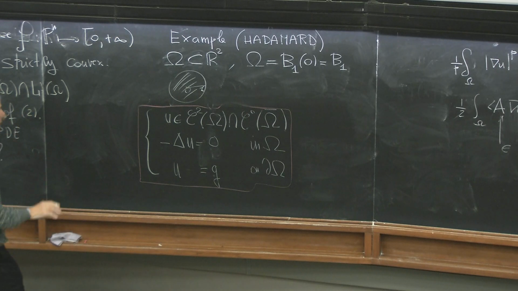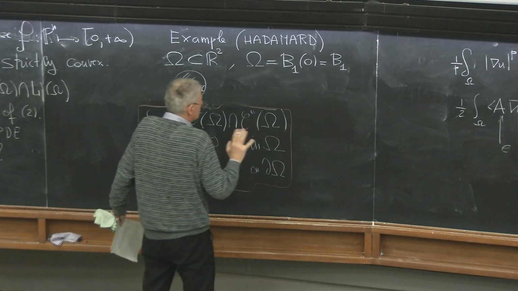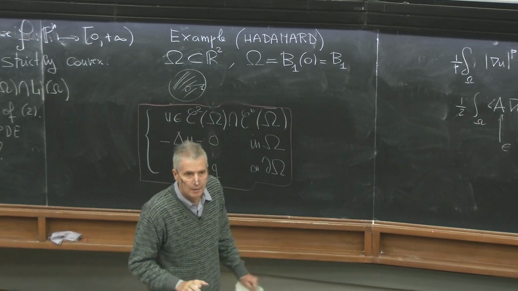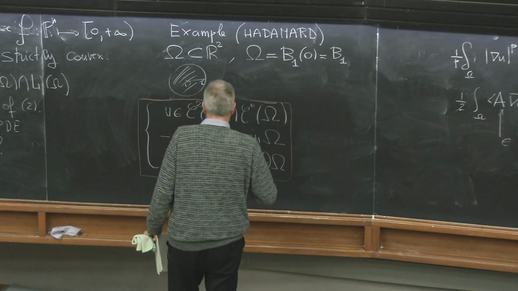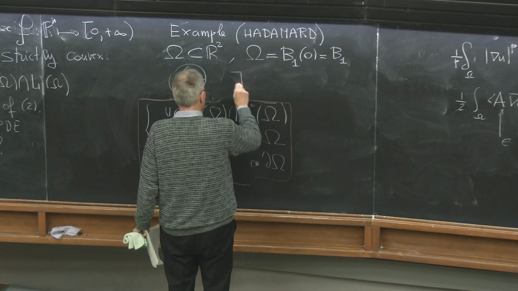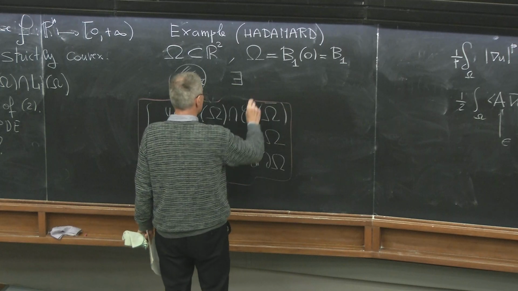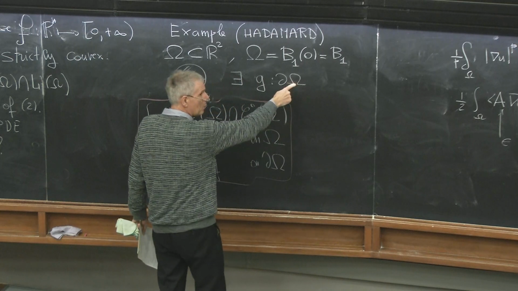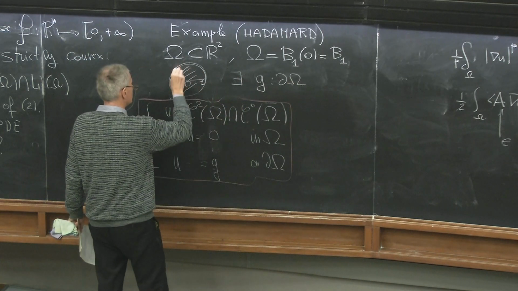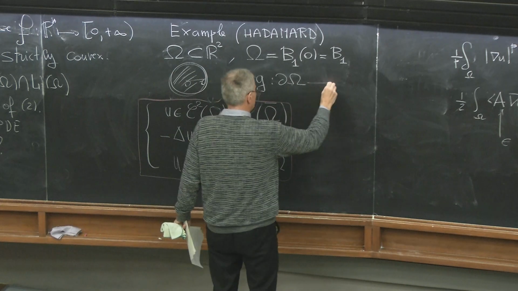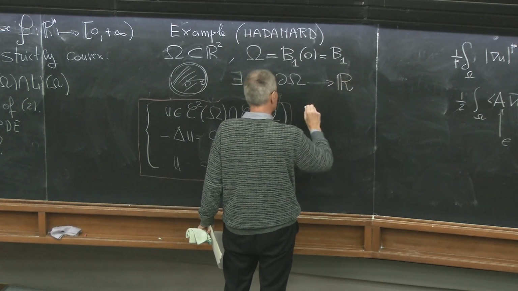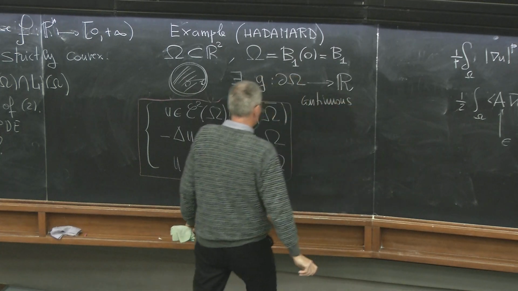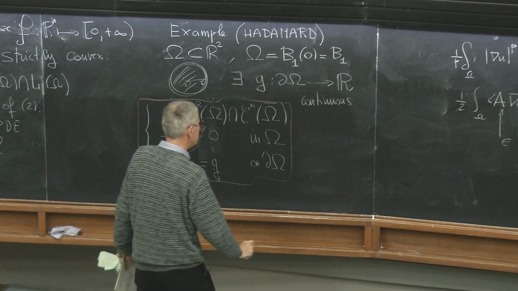So this means that omega is the smoothest omega we can imagine, bounded, and is the disk. Now, the example says that there exists a G on the circle, continuous, such that